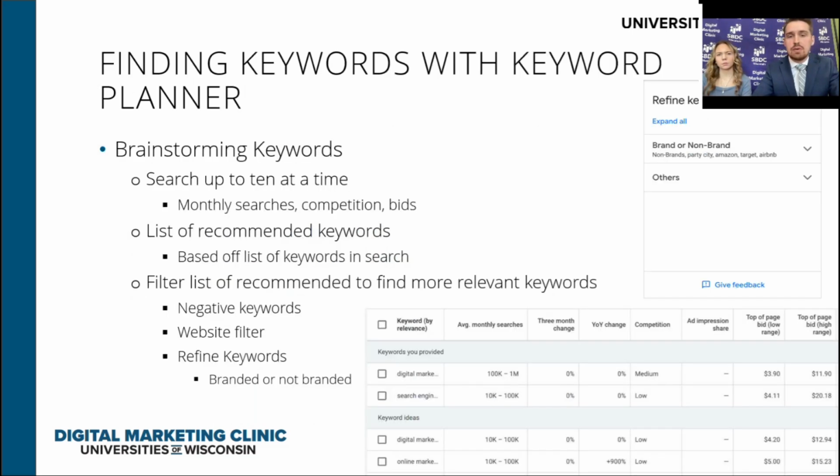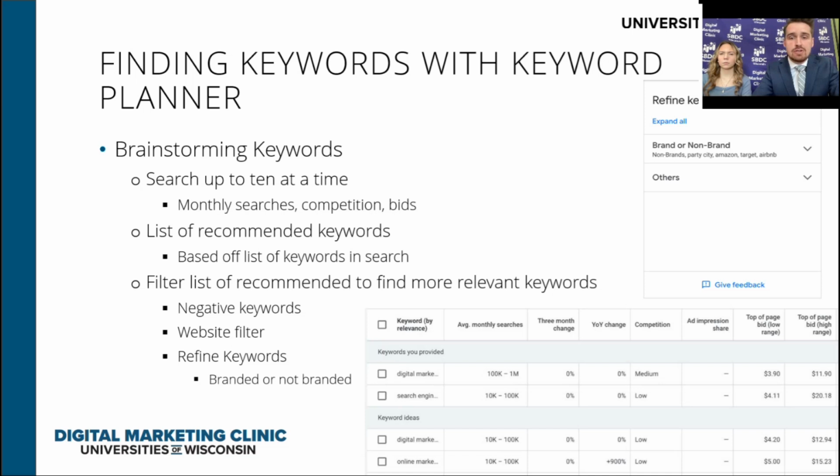All right, and now moving over to Keyword Planner. Keyword Planner is a great tool for comparing keywords as it allows you to search and compare up to 10 keywords at a time. It'll give you many metrics such as monthly searches, competition, and bids on the searched keywords. Keyword Planner will give you keyword ideas that could also have potential for your business based off of the keywords you inputted. So if you're searching specific ones and you're thinking, man, these are the keywords for me, Keyword Planner will give you more ideas that could potentially be better for your needs.